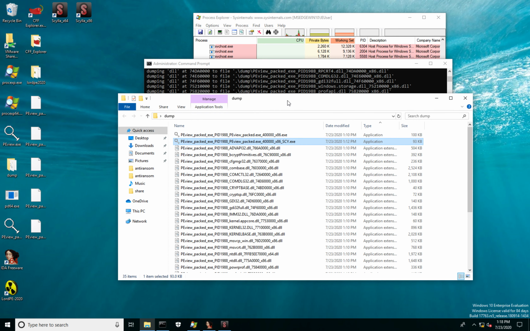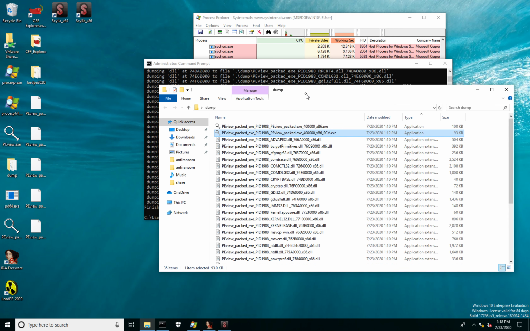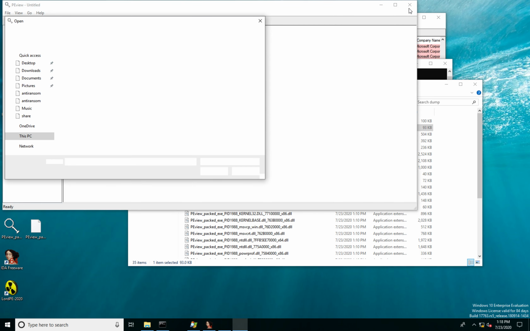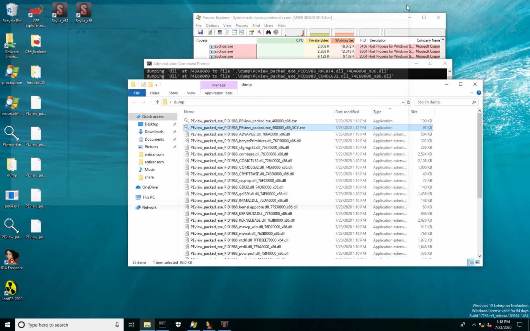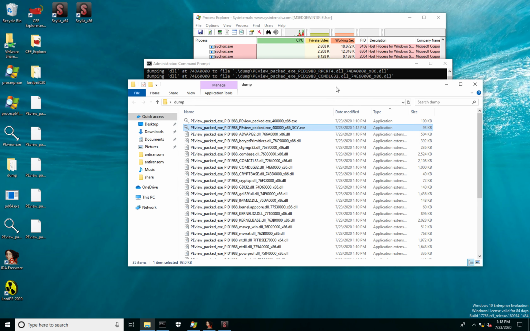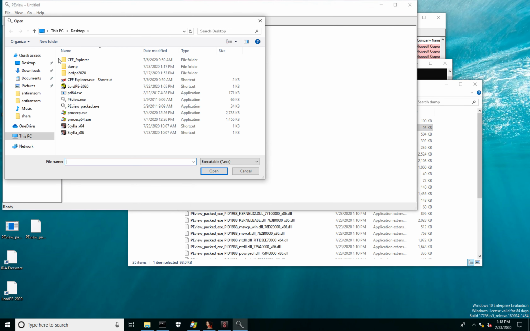To recap, in this video, we have packed a Windows GUI application using UPX. We've traced the original entry point. We've dumped the process. We've reconstructed the imports and then fixed some memory permissions. And finally, we got a fully functional unpacked application version. This is the original file over here. Works, of course. Then we have the packed version here and the unpacked version. Both of them work exactly the same as the original.